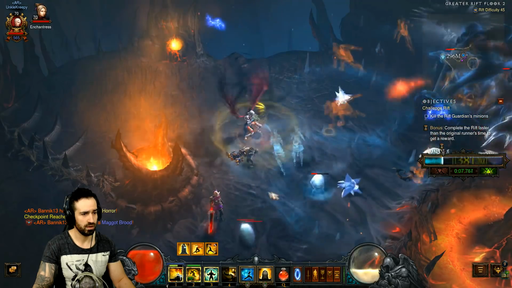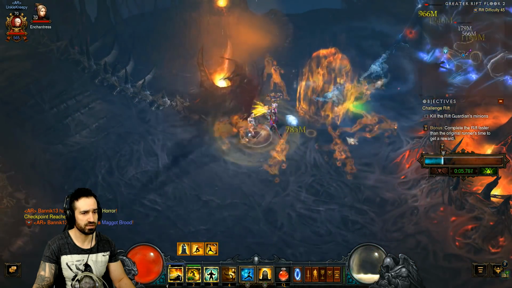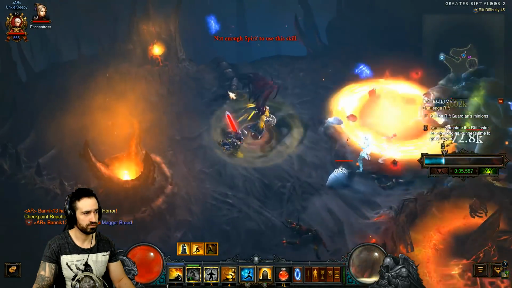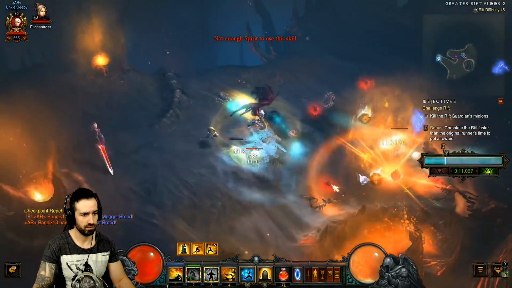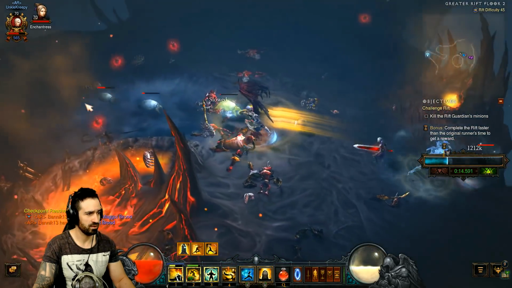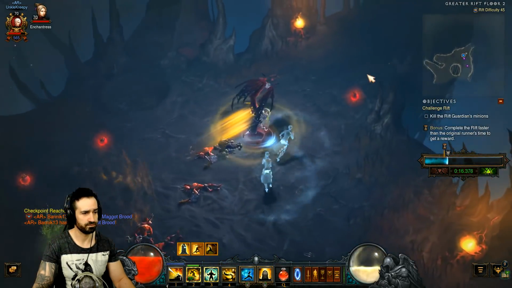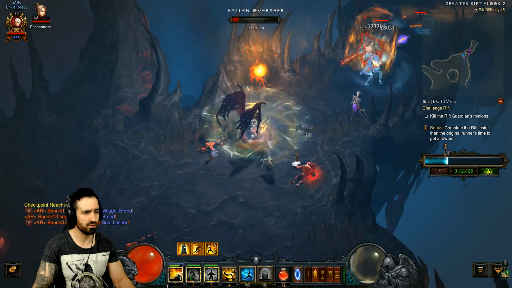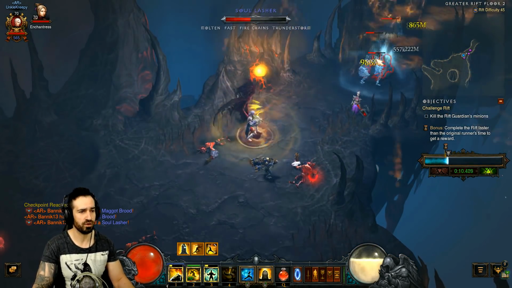Oh, and stay out of those explosions because they will kill you as well. Pretty much one-shot you. Wait, get out of there. Yeah, I got that orb. Nice. And that's pretty much it. We just keep on going, keeping the distance there, nice,